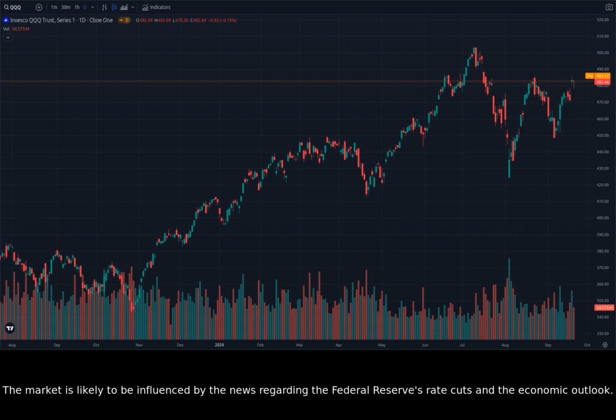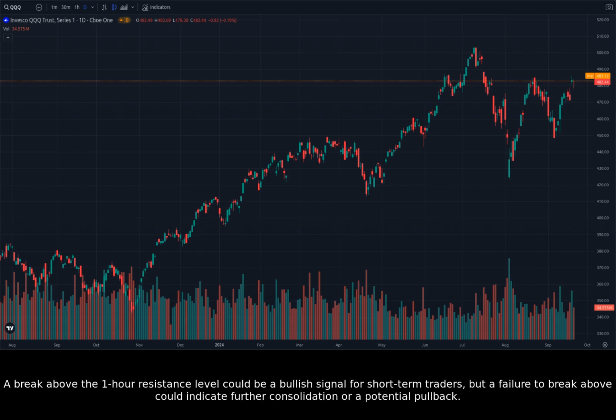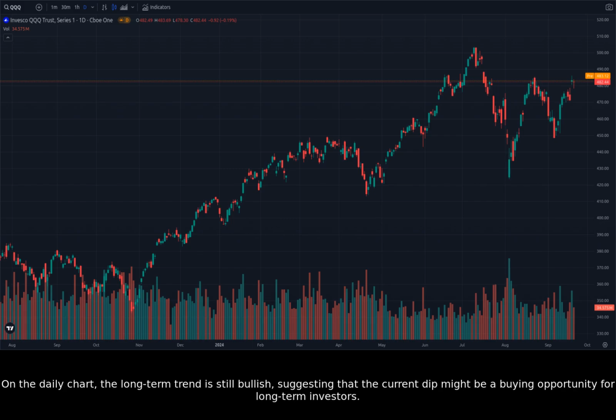The market is likely to be influenced by the news regarding the Federal Reserve's rate cuts and the economic outlook. It's important to monitor the price action and volume closely to determine the market's direction. A break above the 1-hour resistance level could be a bullish signal for short-term traders, but a failure to break above could indicate further consolidation or a potential pullback. On the daily chart, the long-term trend is still bullish, suggesting that the current dip might be a buying opportunity